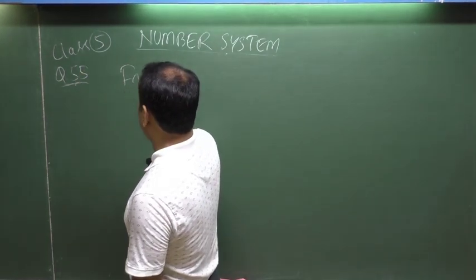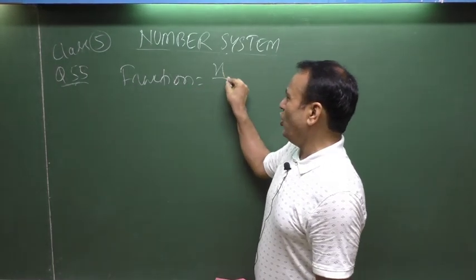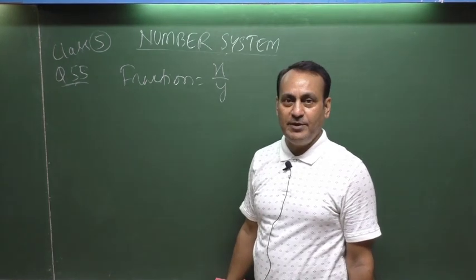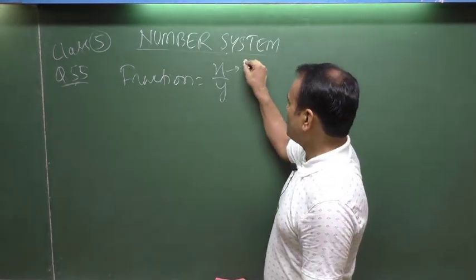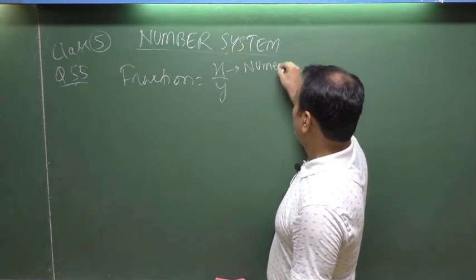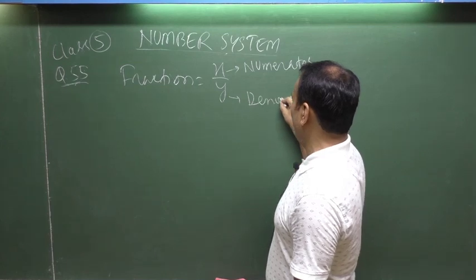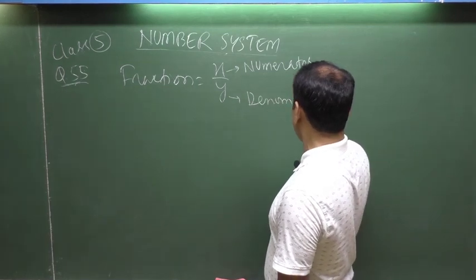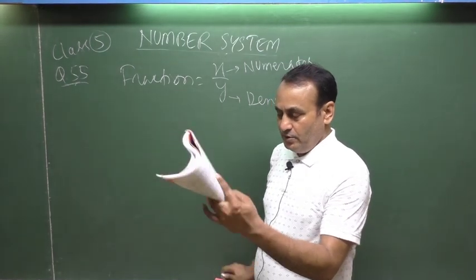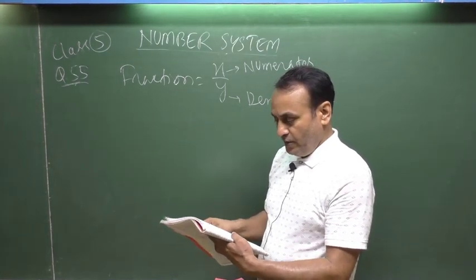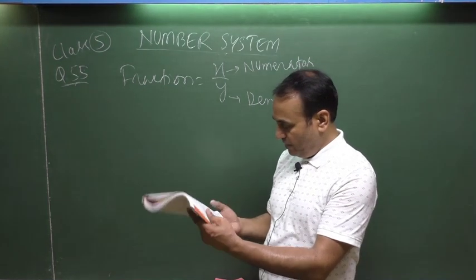That means this is your fraction. Fraction always happens in the shape of something by something, in which this is called numerator and this is called denominator. Now question says to you,